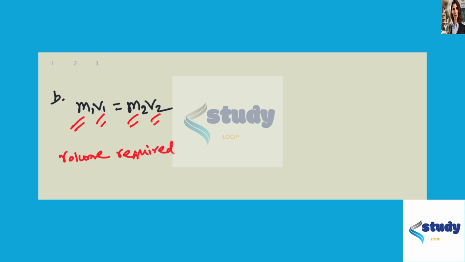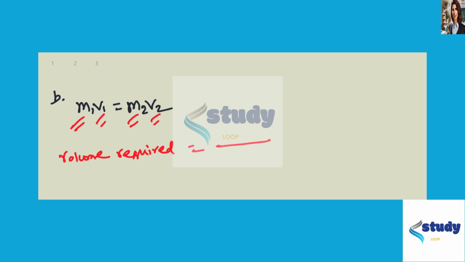Now in part B of the problem, we have to find out the volume of the base added to reach the equivalence point. We can find that by simply applying the M1 V1 is equal to M2 V2 formula, where M1 is the concentration of the acid, V1 is the volume of the acid, M2 is the concentration of the base, and V2 is the volume of the base required to reach the endpoint. So from here, the volume required will be